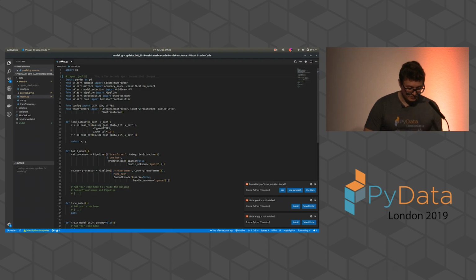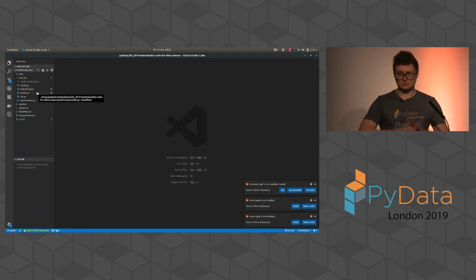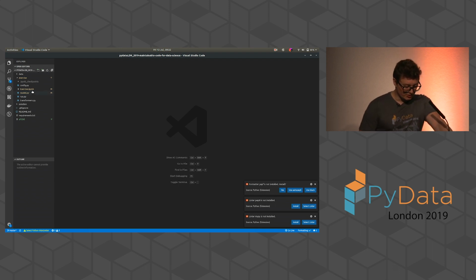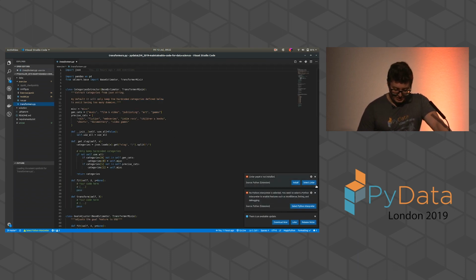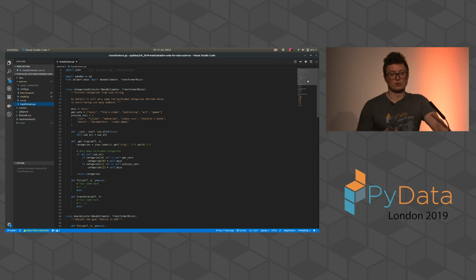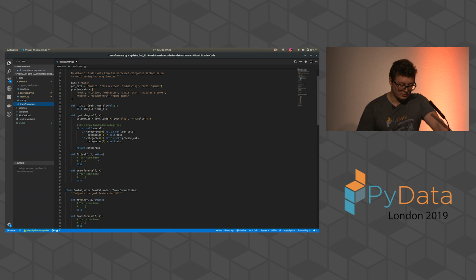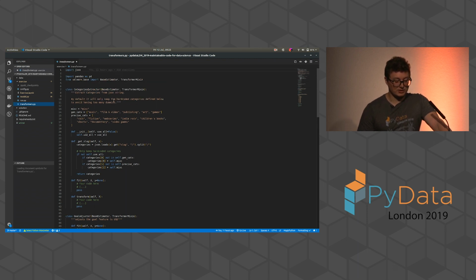Then the second thing is we're providing a first skeleton for a model. We've decided to divide our model into two main files. You'll have the transformers here, which will be the place where you can define all your transformer objects. All the pre-processing steps that we want to do, we are saving in this transformers.py as a class with a .fit, .transform method. All of those we will implement together. Here we see that we have one which is the categories extractor, which is supposed to